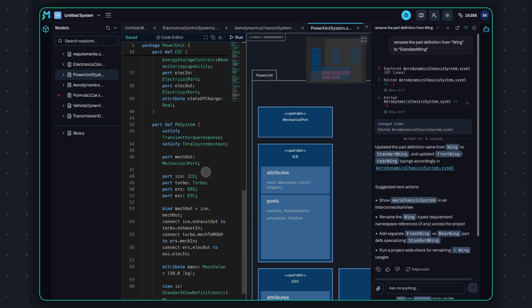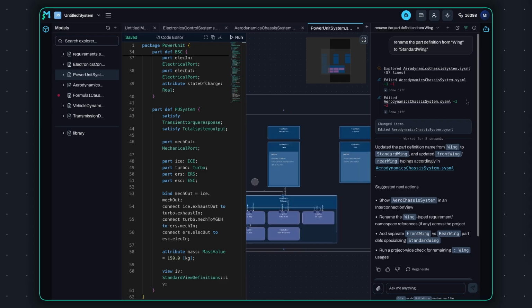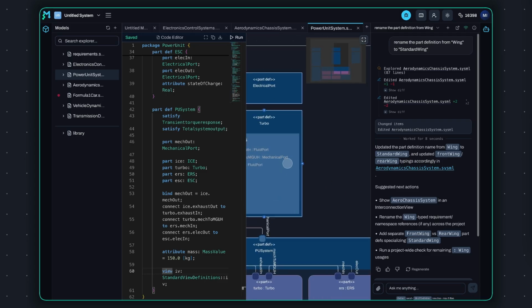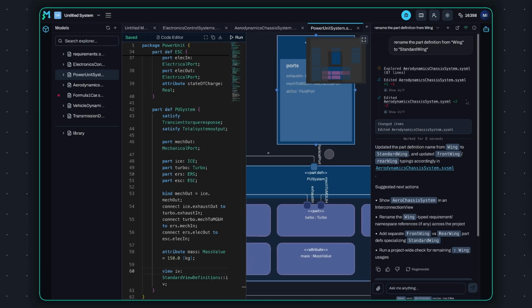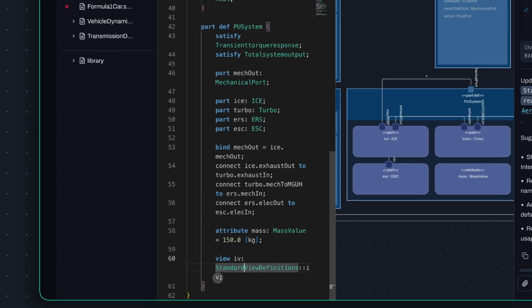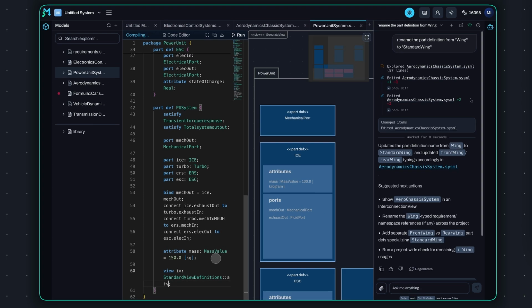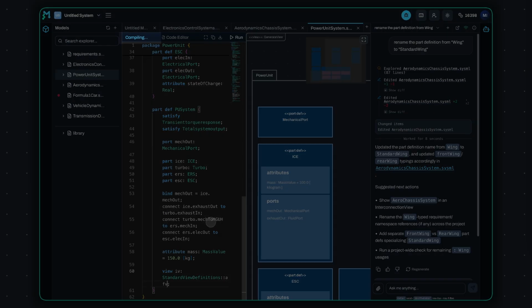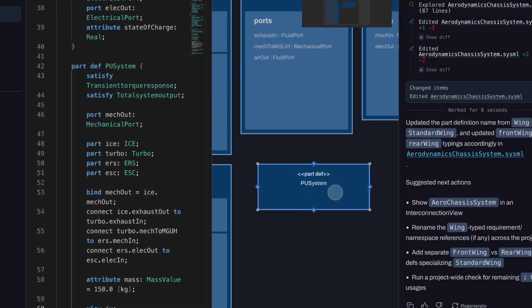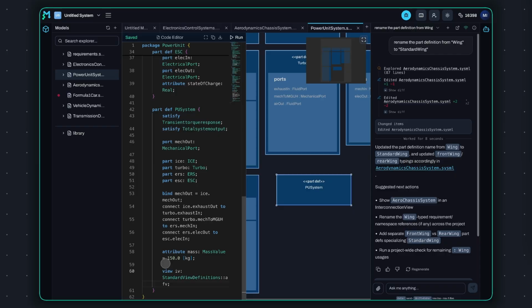On top of that, SysModeler currently supports 5 of the 8 SysML v2 standard views, exceeding the industry standard. Our AI agent automatically chooses the best view for your package when creating the models. But you can also manually switch from one view to another. For example, our agent chose the interconnect view here. I will change it to action flow view by writing the code and let it compile. Once it's done compiling, you can see the PU system has changed into action flow view. But because it doesn't have any action nodes, it's not showing anything.